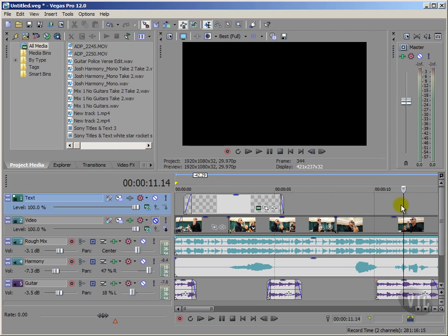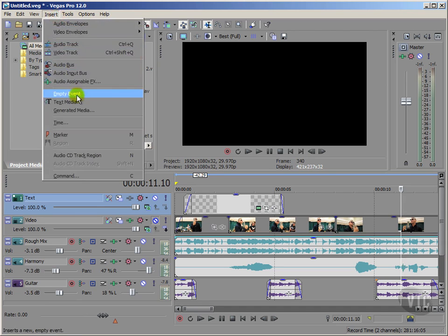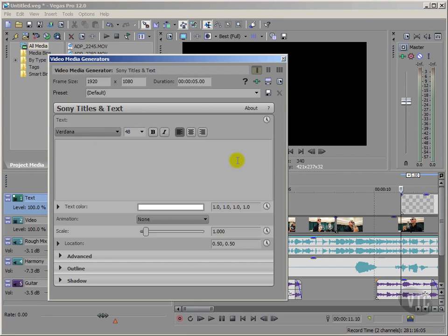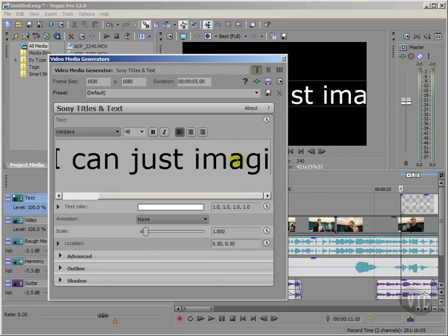And I want to use pretty much the same parameters as we did in the previous tutorial. So to get started then, come up to Insert and then simply run down here to where it says Text Media. And then once you click on there, we now see this Video Media Generators dialog box once more, ready for us to add in any new text. So first of all, I'll type in "I Can Just Imagine"